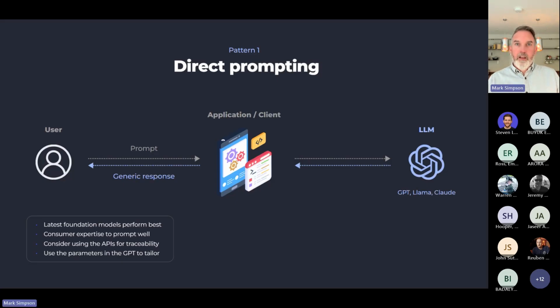Okay. So the base pattern is what we call direct prompting. This is implementing a prompt, using a Gen AI model, GPT, Claude, Llama from Meta, or it might be Gemini from Google or Apple Intelligence, and really getting skilled in how to prompt it, how to give it the right context to give it enough information for an improved answer.